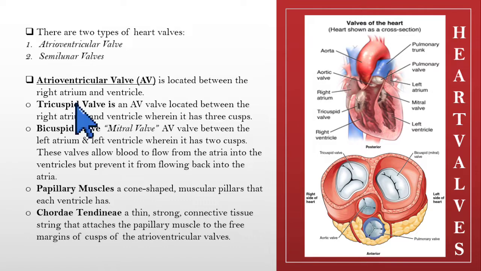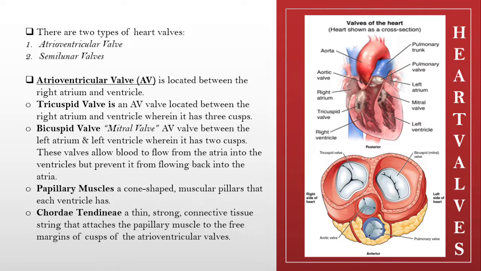The tricuspid valve is an AV valve located between the right atrium and the right ventricle, wherein it has 3 cusps. Next is the bicuspid valve or the mitral valve. It is located between the left atrium and the left ventricle, wherein it has 2 cusps. These valves allow blood to flow from the atria into the ventricle, but prevent it from flowing back into